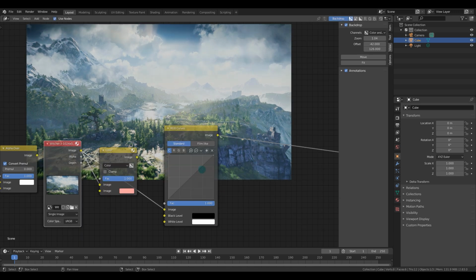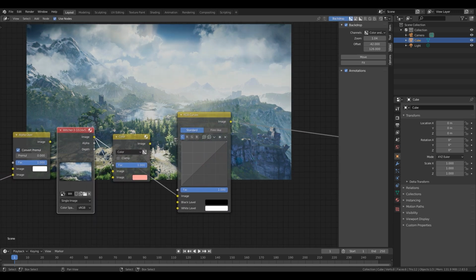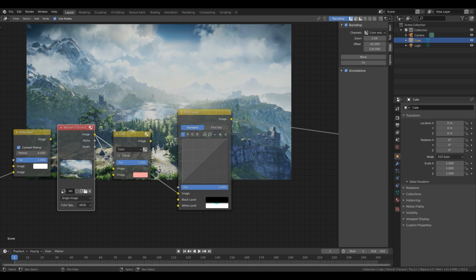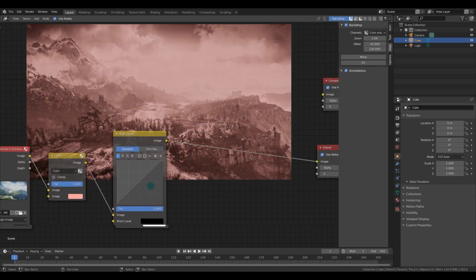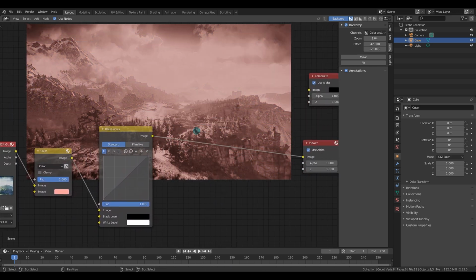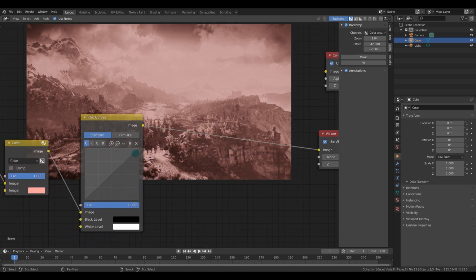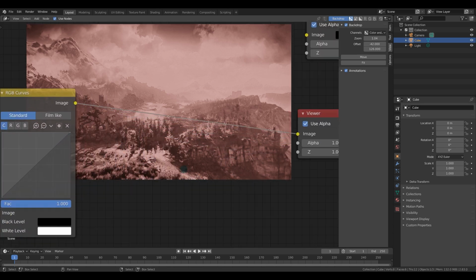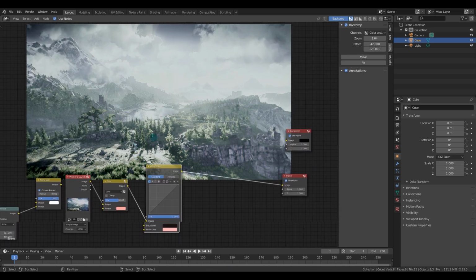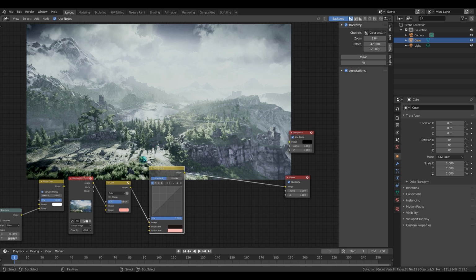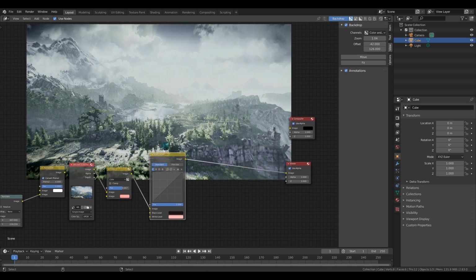The RGB curves node allows you to make color and level corrections on a channel basis. This could be combined, red channel, green channel, blue channel. Something else that is very interesting is taking advantage of this black level and white level. If you're working with an image that has some extreme color distortion like this, you can actually use this black level and select a very, very dark portion of the image. Use a white level to select a very bright portion, and you can actually bring it back nearly to its original state. And I think it's based mainly on the hue differences that still exist.